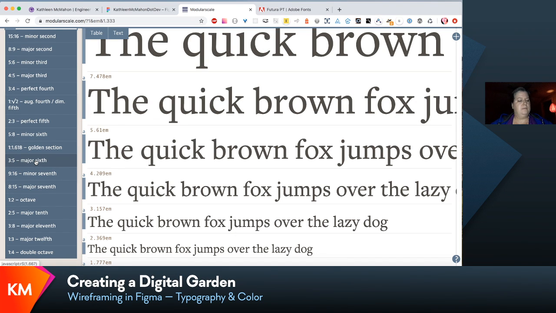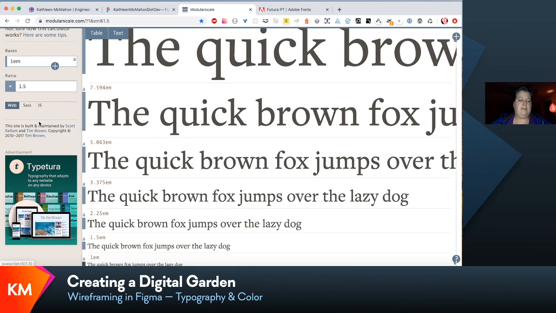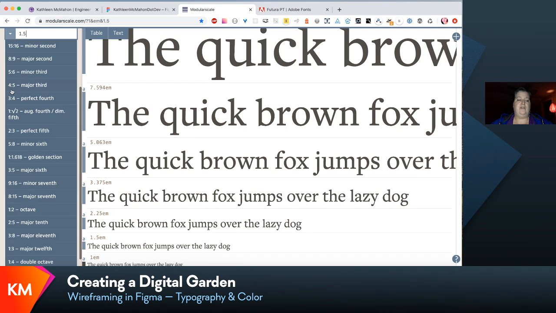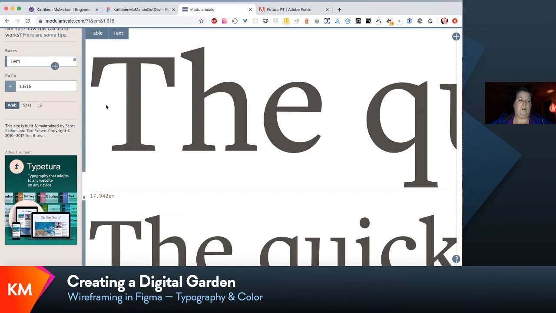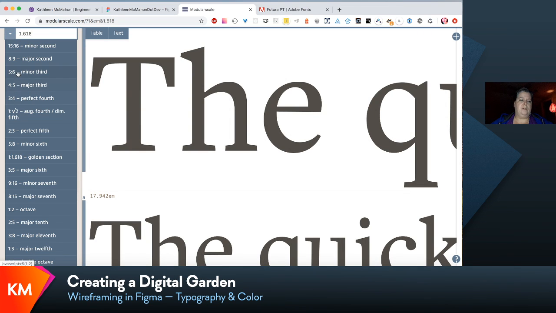I would talk about it later, but right now I am a little tired, so I'm just going to move on. I'm going to take perfect fifth, which I like because it uses that ratio of 1.5. If I wanted, I could also do the golden ratio, which is 1.618. That could be fun to play with as well. But for now, I'm going to try the perfect fifth and go from there